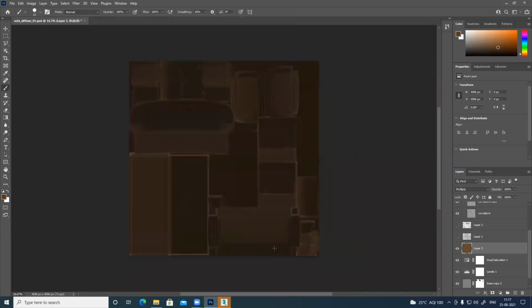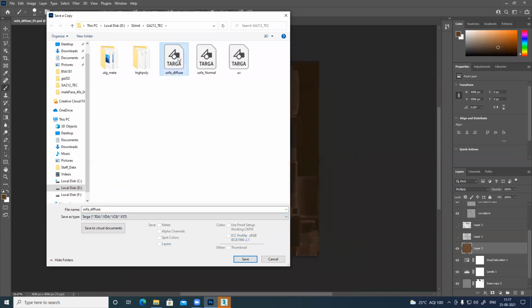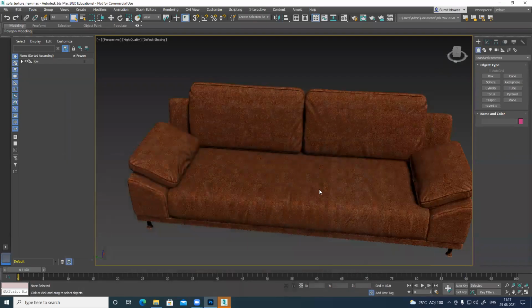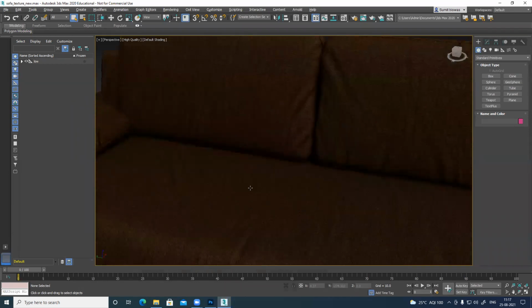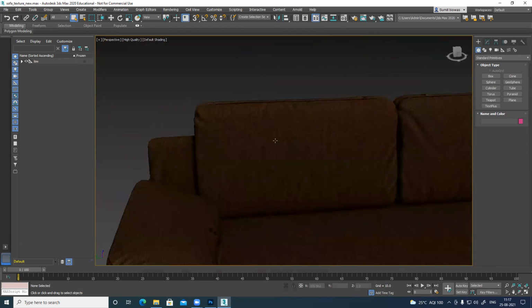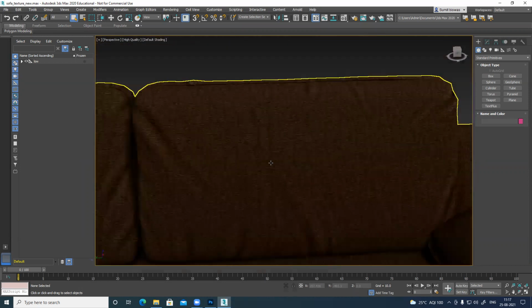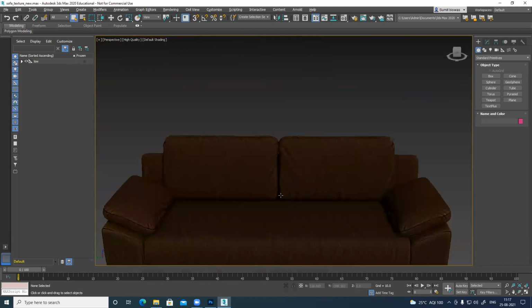So again, same thing. Hold Control S, 242, 24-bit, make sure all the variations are gone. You can see now it's way better, neat and clean. And you can see all this normal information also here. All the details from the normal are visible.